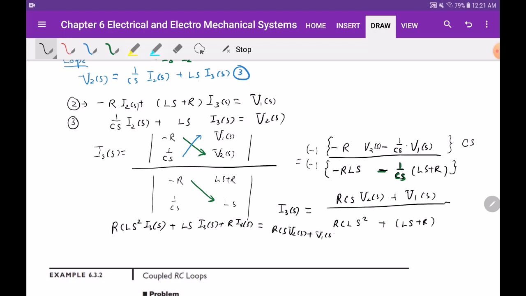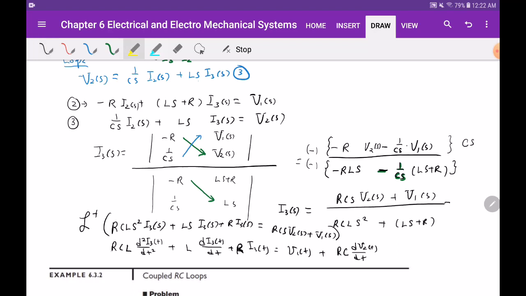Now take an inverse Laplace transform of the whole thing, and then you have RCL times the second derivative of I3 with respect to time, now it's a function of time, plus L times the first derivative of I3 with respect to time plus R times I3 of t equals, let me write down V1 first, V1 of t plus RC times the first derivative of V2 with respect to time. Okay, so that's your